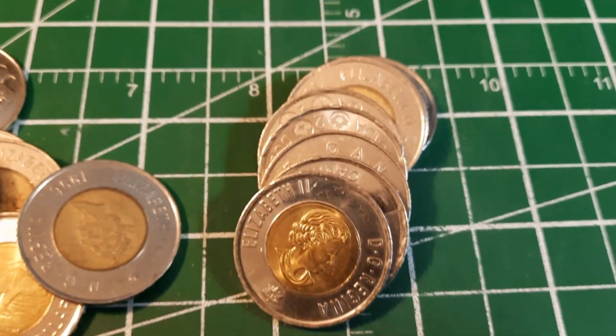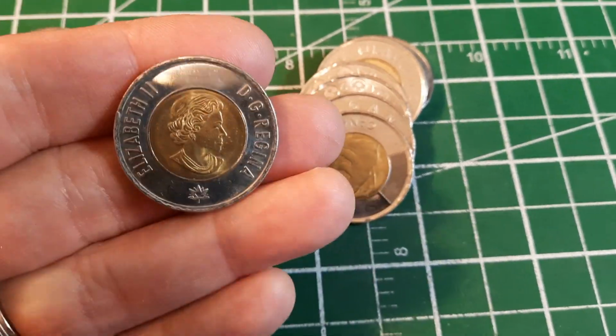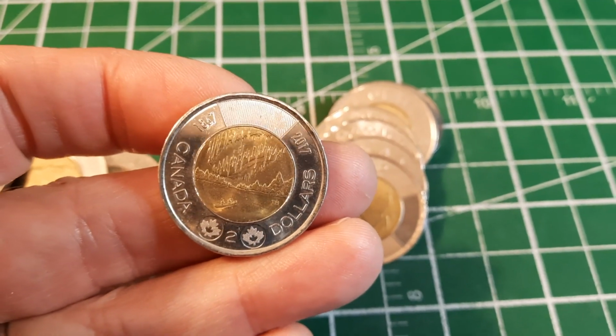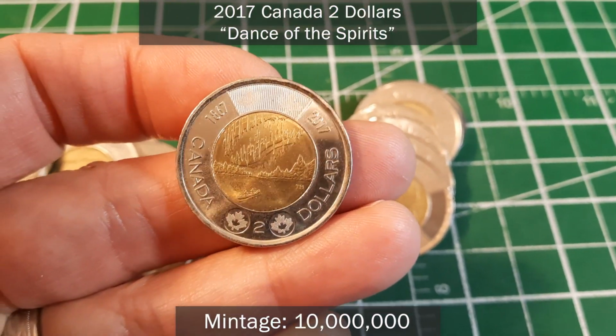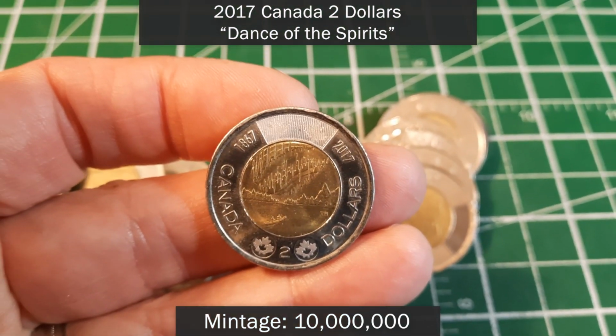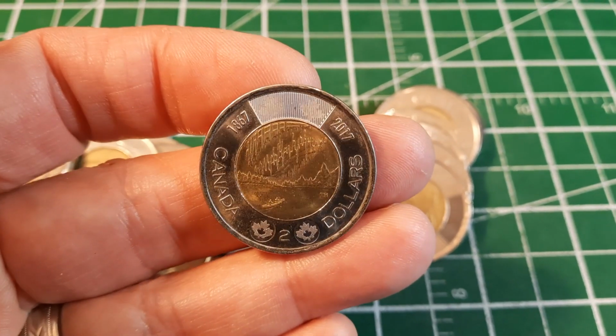First roll, we've got a commemorative here. You can see by the obverse is different, and it looks like it's going to be a nice one. And it is. It's a 2017. That's the Dance of the Spirits. We're still looking to see if we can find the colorized glow-in-the-dark version of that, but that one is really